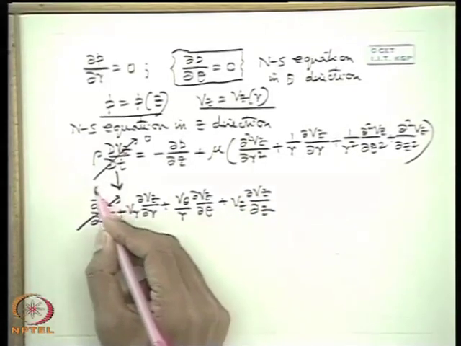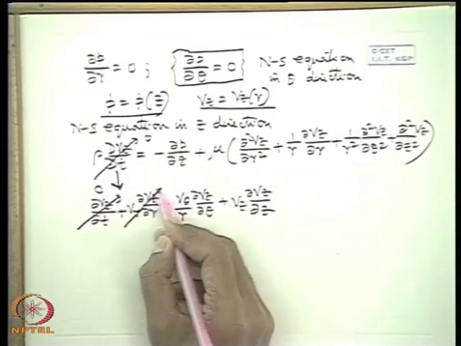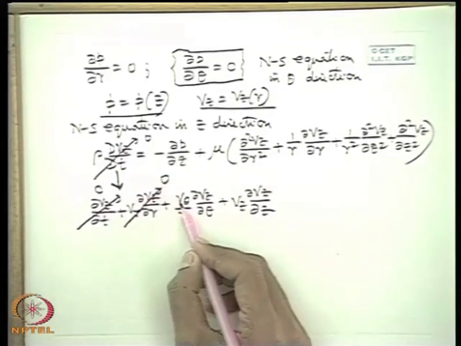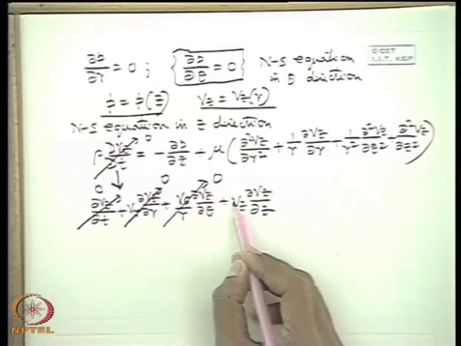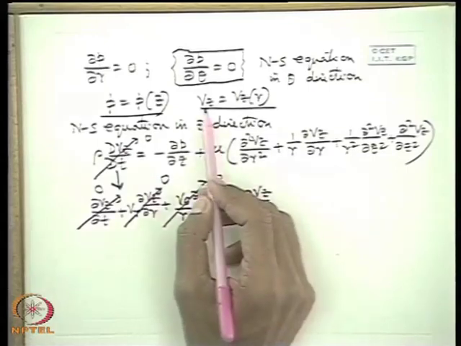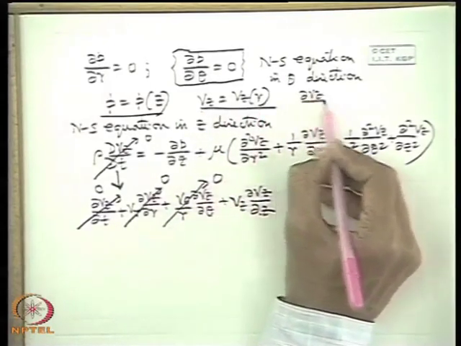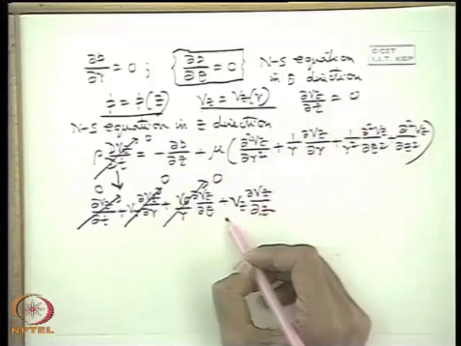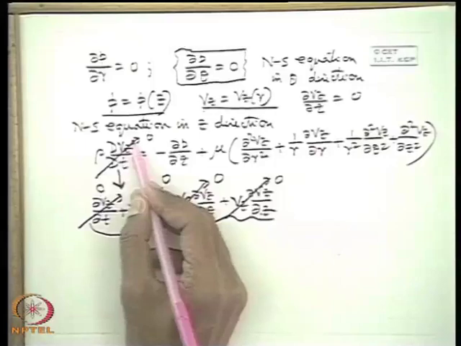For steady flow, del Vz del t is 0. Now Vr is non-existent, so this term is 0. V theta is 0 and moreover del del theta of any parameter is 0. Though Vz is non-zero, del Vz del z is 0 from continuity. So we write Vz is a function of r, because continuity has already told us del Vz del z is 0. So all the terms are 0, so dVz dt is 0.